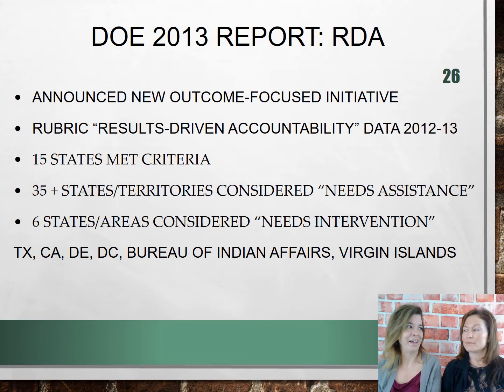But think about that. We kind of joke about it because we know that year, the sampling year, states were able to sample whatever districts they wanted. Yes, they were allowed to report whichever ones they wanted. So that's also interesting, because you would assume they chose their best districts, the districts that had the best outcomes. Interesting, I'd say sad. And yet, even choosing their best districts, only 15 states met criteria.